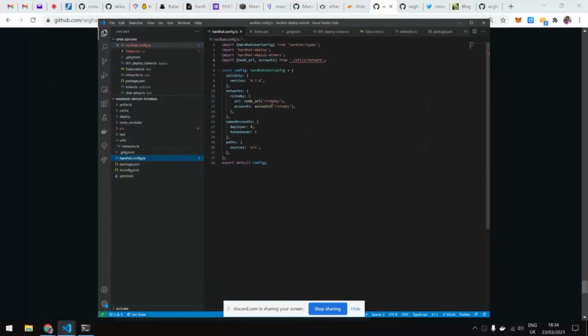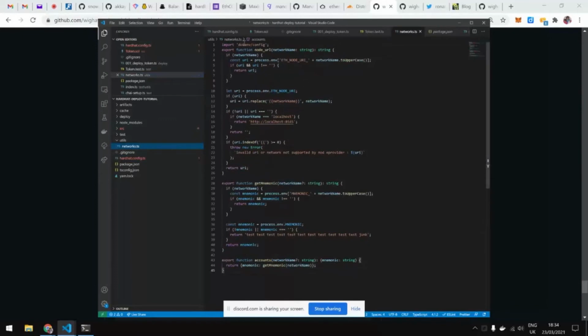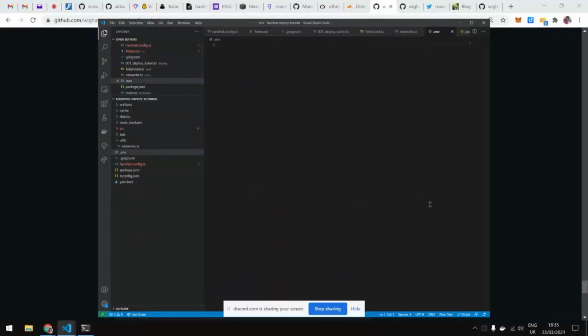What that does is that in that function it will read from the .env file, so you can configure using different environment variables. One of them is a default one, it's node URI, but first you will check if you have a specific one. So if we were to create a .env file, we just need to say like node URI equal